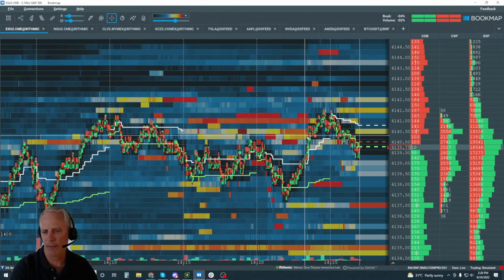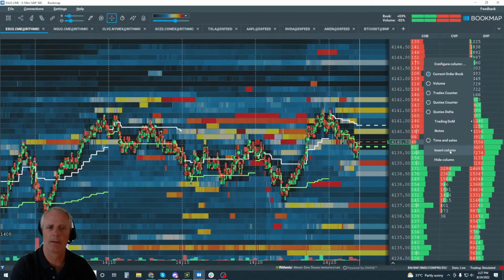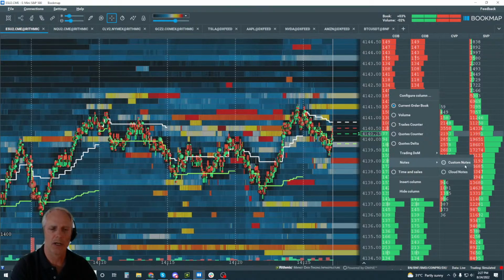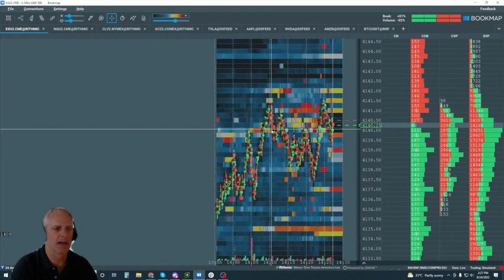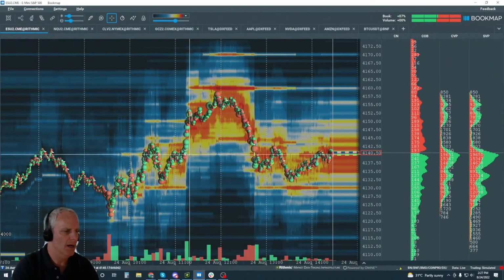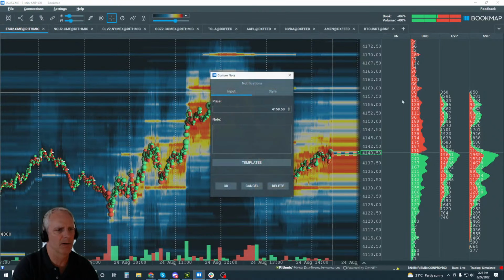I understand what you're saying. But what you can do at that point is maybe open up your notes column, and you can add in your notes in here. For example, you were looking at your initial balance, or let's say the high and low of that initial balance. Then you could mark that up and put it in here. So maybe you would click in here and say your initial balance high, and give it a style,